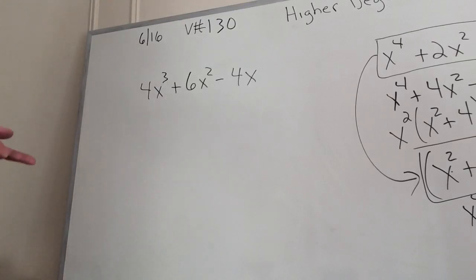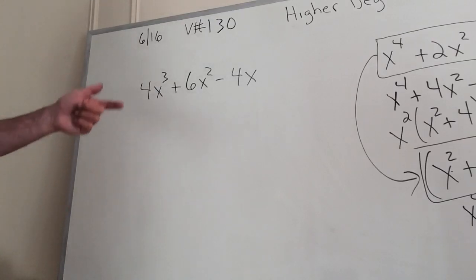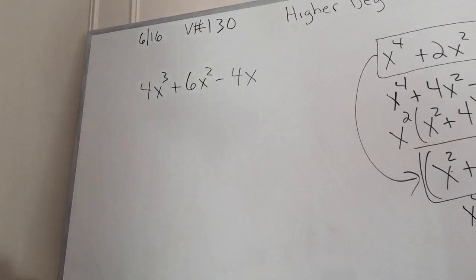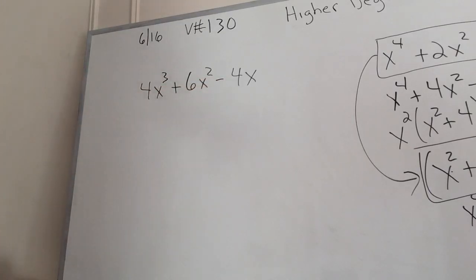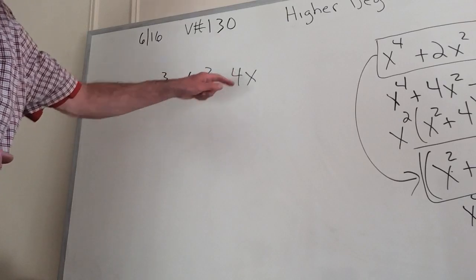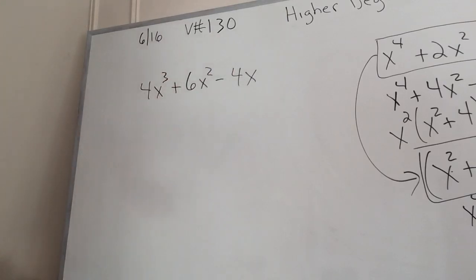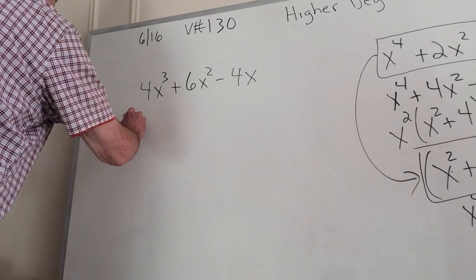So let's go over what we know. We know this is factorable because they told us to factor. The power is bigger than what we're used to. However, don't you notice that all the terms are even and that all the terms have an x? So high school freshmen have to be able to do that. You have to be able to simplify it. That is, do the monomial factoring first. And when I do that,